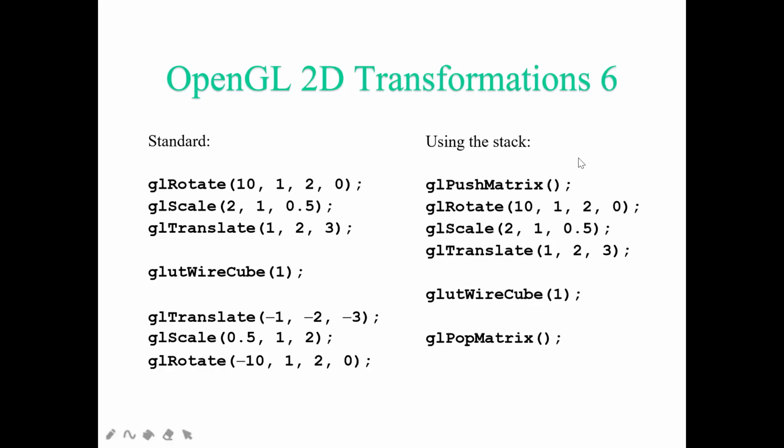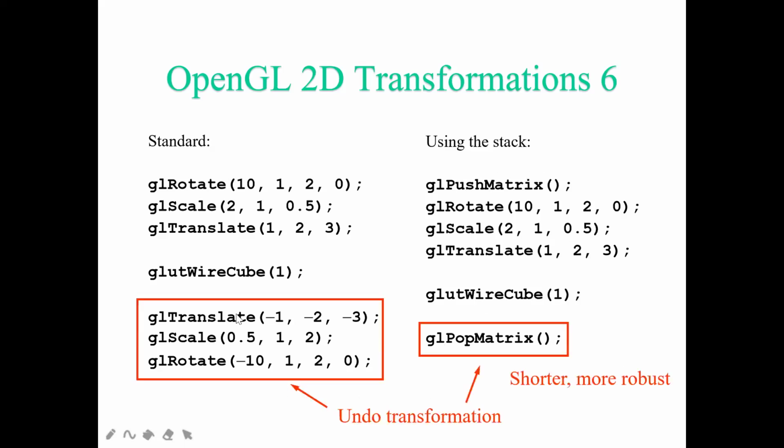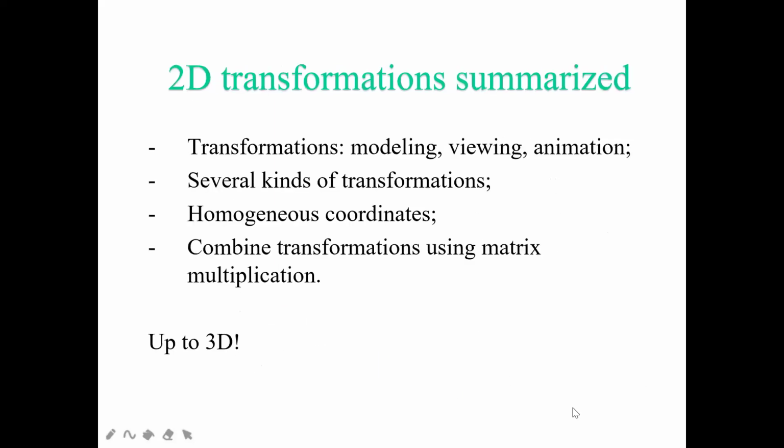And if you want to use a stack, you can use the same thing by writing glPushMatrix. Then you write rotate, scale and translate so that they form a matrix. And if you want to pop the top element, you can write glPopMatrix. So this is a way of using the matrix form. Here this is the standard form, and here we are generating the matrix. You can mark all these terms in your program. Here you can see this is your undo transformation, or you can say inverse transformation.